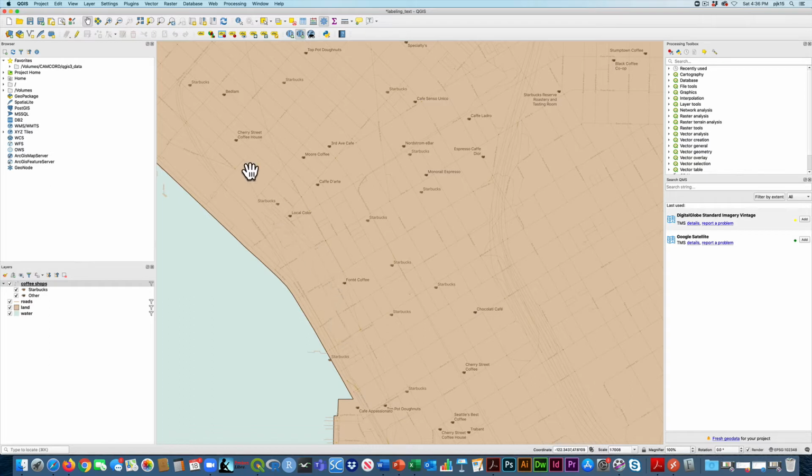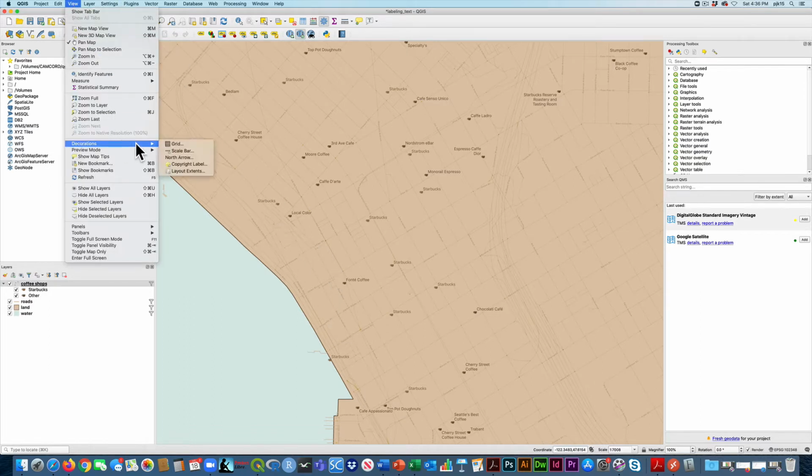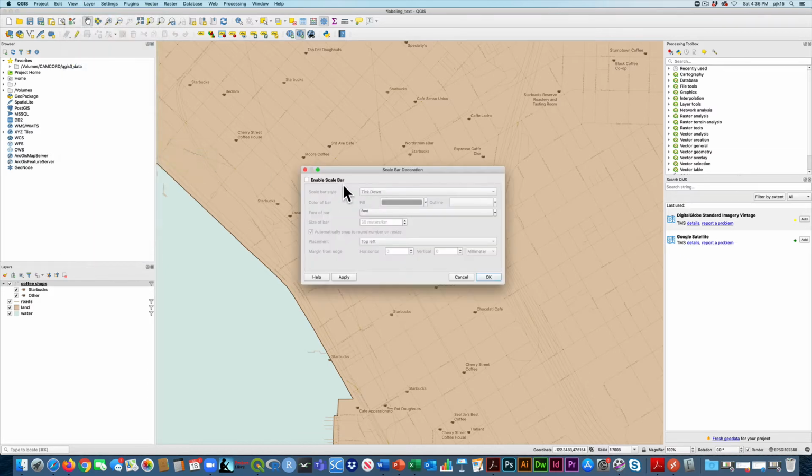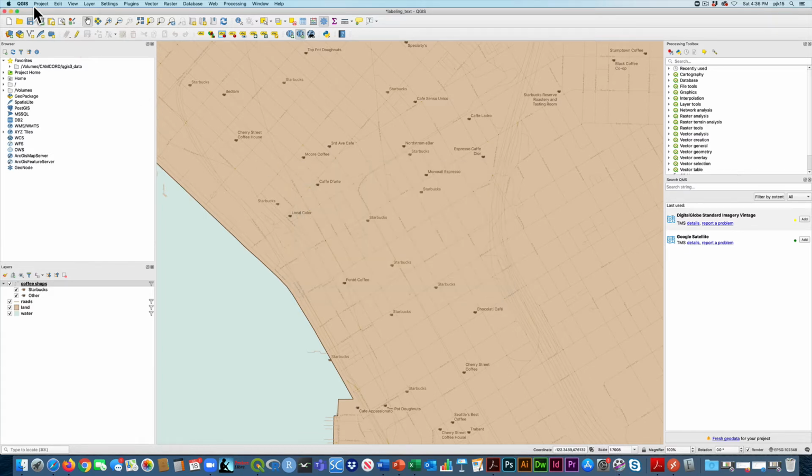So we can do a couple of basic things here if we wanted to. We could go under View, and under Decorations, we could add things like a scale bar if we wanted to. If I say Enable Scale Bar here and Apply, we can see that a scale bar shows up here so that people can measure distance on this map. But this is kind of rudimentary or basic. And if we did do that and we wanted to just export it, then we would just go under